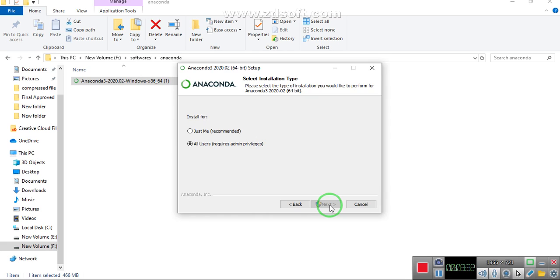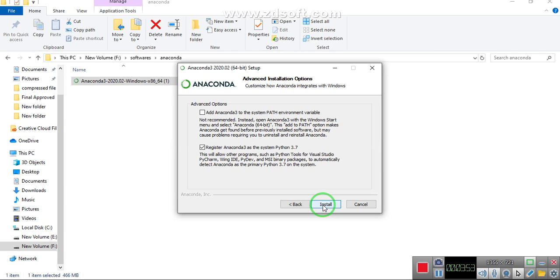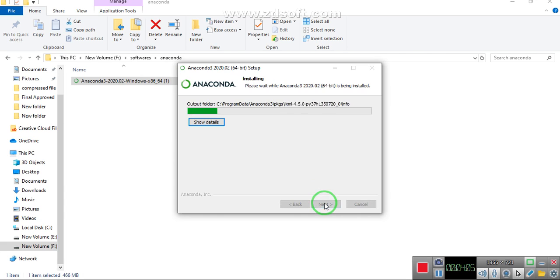It will take a bit of time and the process will continue. After some time this will ask about the path. So go to the C drive, it's fine. Next. And the second option here is to register Anaconda as the system Python 3.7. Click on the install button and the process will continue.